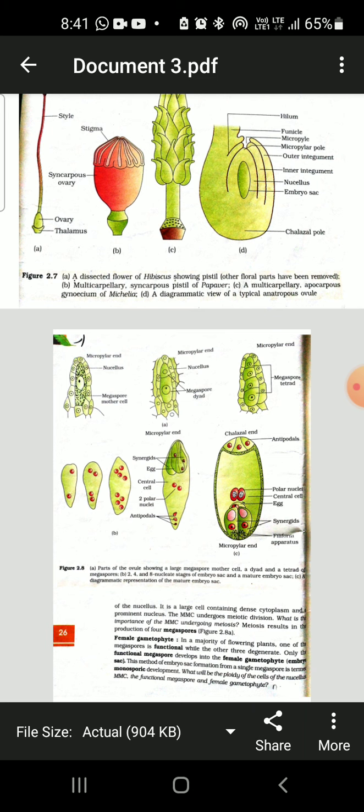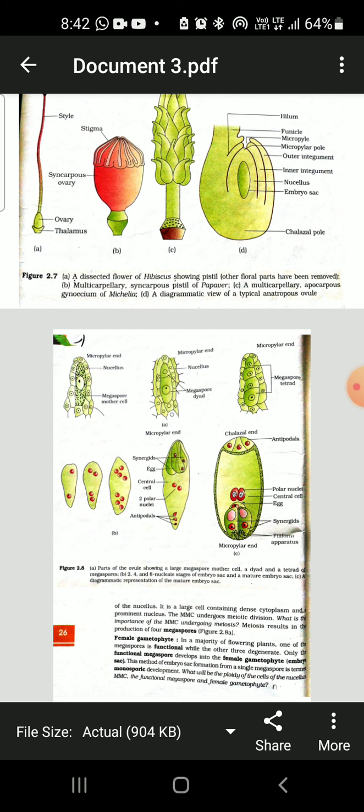Because the cells have been formed by meiotic division, all the cells of the tetrad are haploid, but the 3 are degenerating, so the remaining haploid cell is forming the embryo sac. It grows in size, and nuclear division by mitosis takes place inside, forming a group of 8 nuclei. This is called the 8 nucleate stage of the